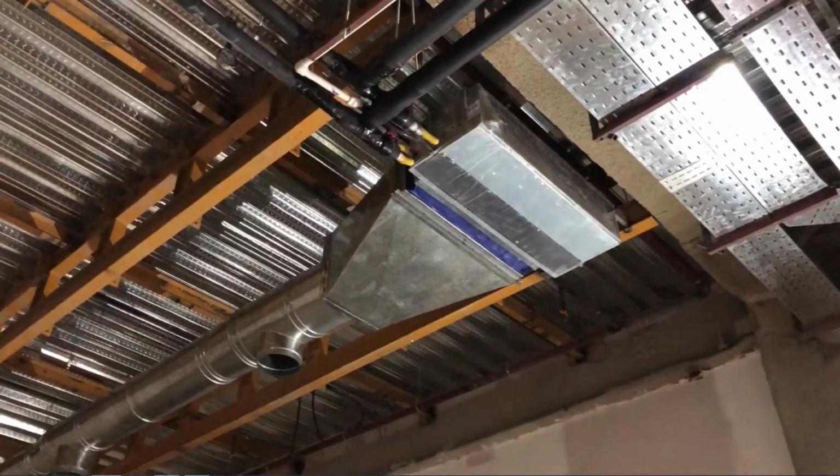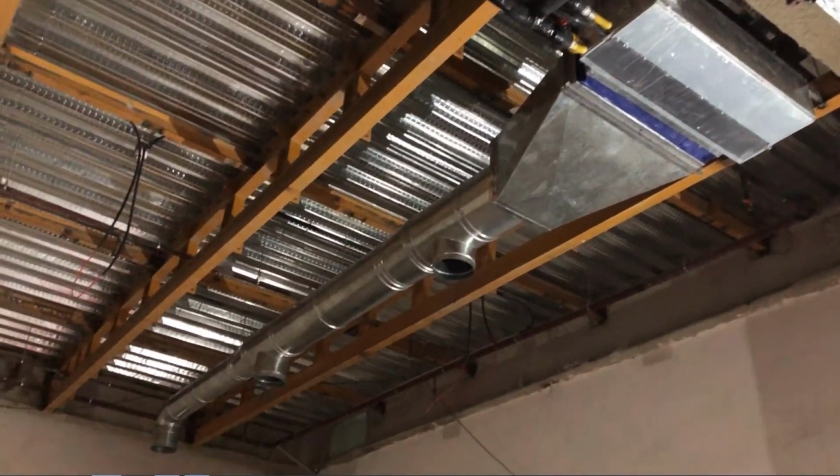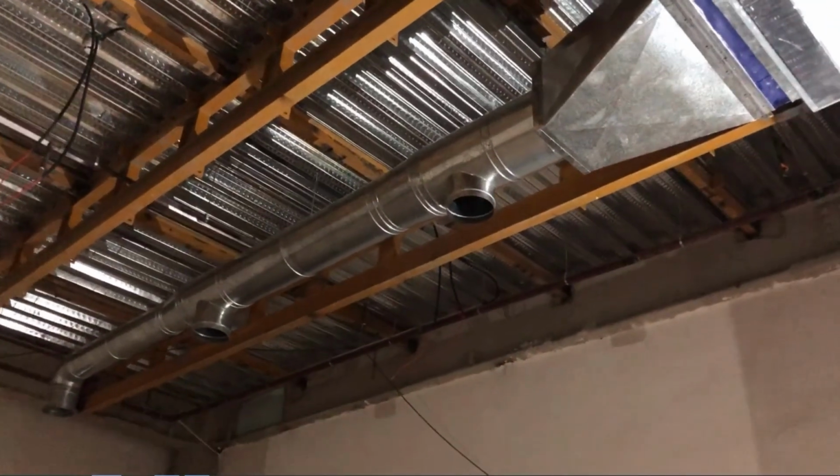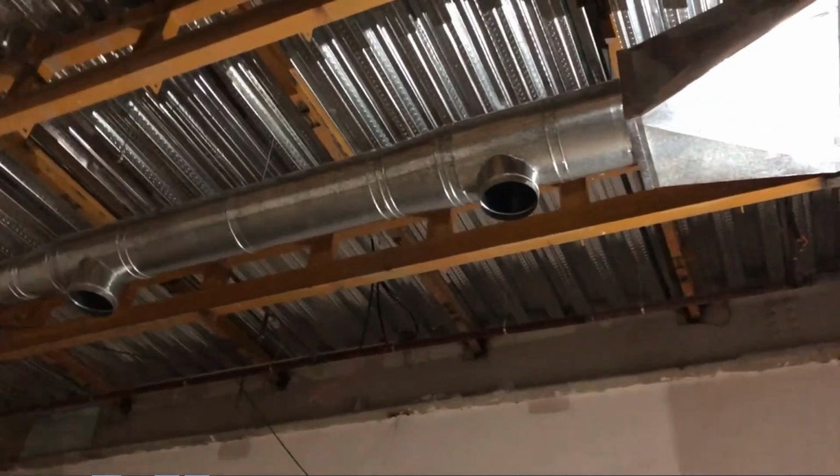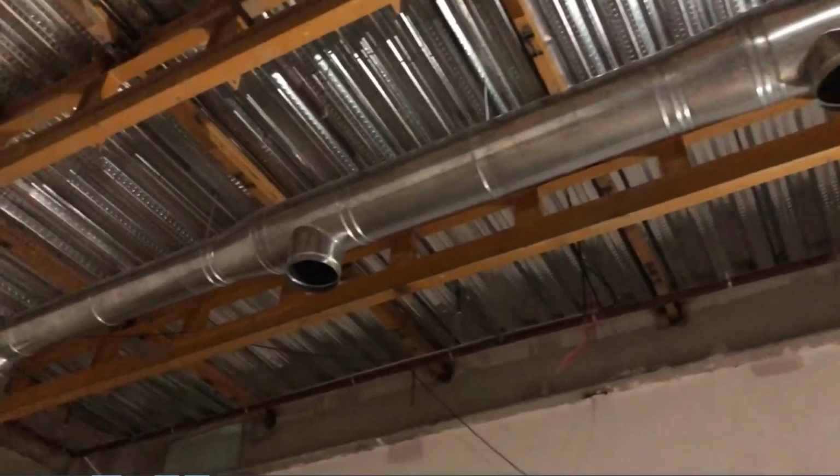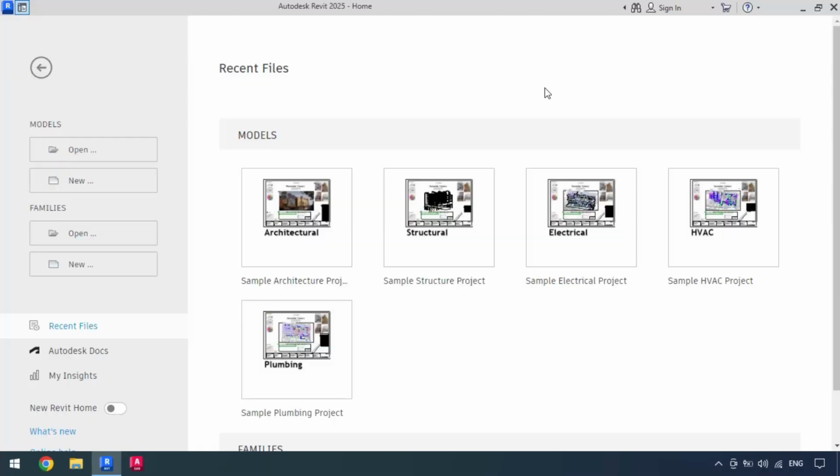So as you can see over here in this clip, we have a fan coil, and the ducts that are connected to it are actually round ones, and there are also 3 branches to which the terminals are going to be connected. Now to begin with the modeling process, we're going to have to first open a proper template, or